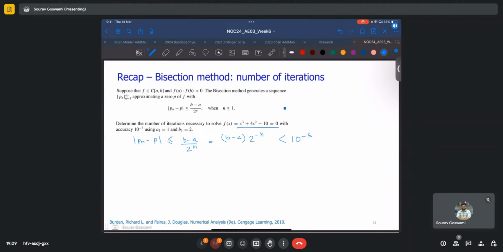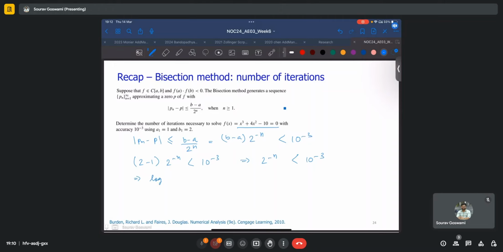If you just use base 10 logarithms, (2 minus 1) times 2 power minus n less than 10 power minus 3 implies 2 power minus n less than 10 power minus 3, which implies that